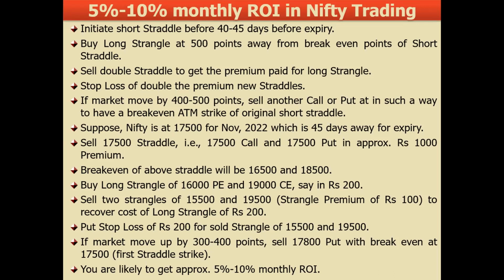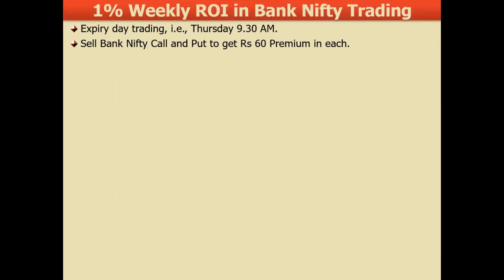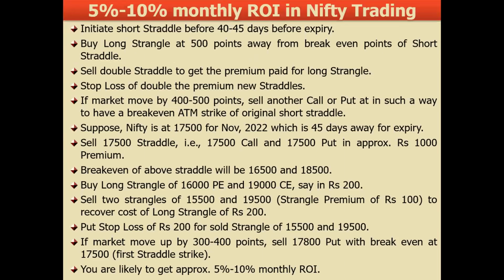लेकिन कभी भी हो भी जाएगा तो ठीक है ना, क्योंकि आपकी नेकेड पोजीशन हो गई, जो 2 आपने स्ट्रैंगल बेचे हैं आपने 15,500 और 19,500, वो नेकेड है अभी, देखो वो हेज नहीं हो रहे हैं, तो उसके लिए बोला मैंने स्टॉप लॉस लगाया है, लेकिन वो होने वाला नहीं है। बाकी जो पहली वाली जो 4 पोजीशन है वो तो क्या मतलब अगर उसी स्टेज में चला जाता है तो then सब क्लोज करो निकलो। हाँ, तो स्टॉप लॉस होकर निकल जाना, तो उसमें मतलब 30-40 रुपए का लॉस हो जाएगा,